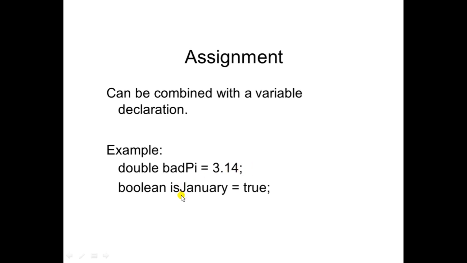Then on next line I have created one more variable. Can you tell me which is the type of this variable? Yes, of course it is a boolean. And what is the name of the variable? Each January. So again, what value I have assigned here? As it is of type boolean, you can assign either true or false value, right? So I have assigned the true value to this variable.